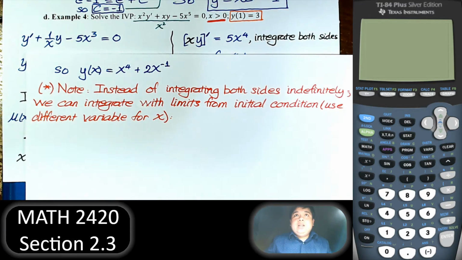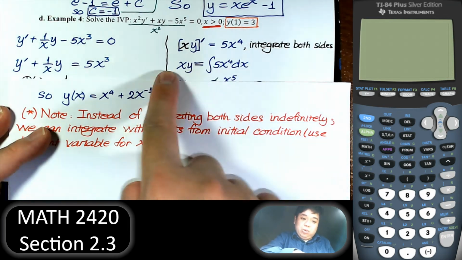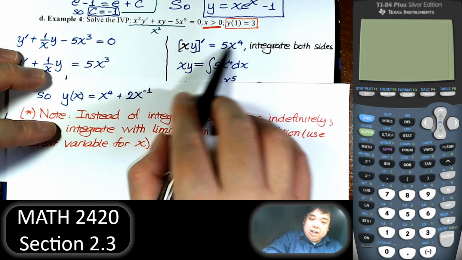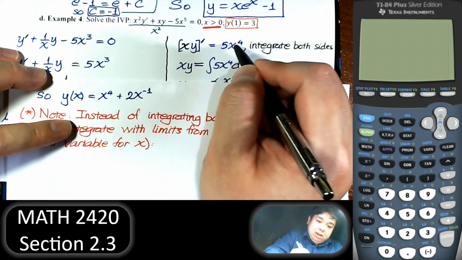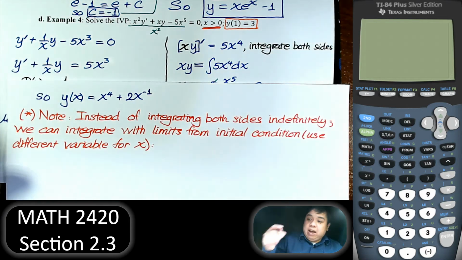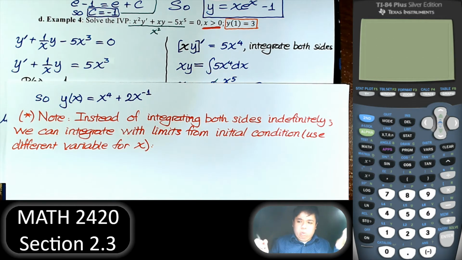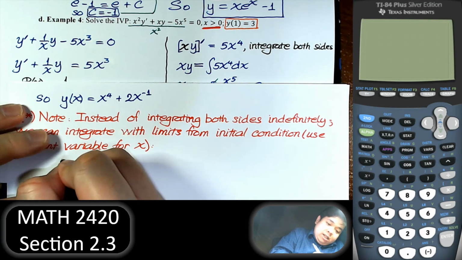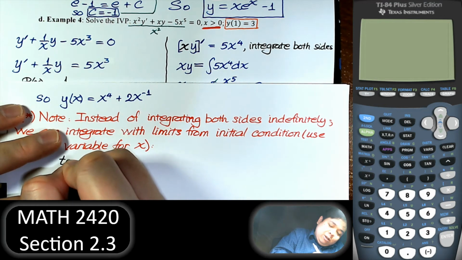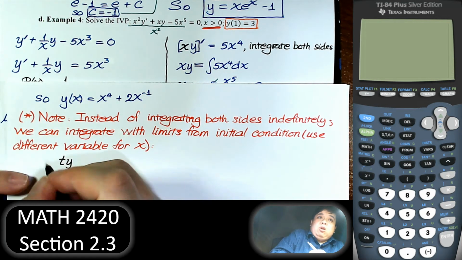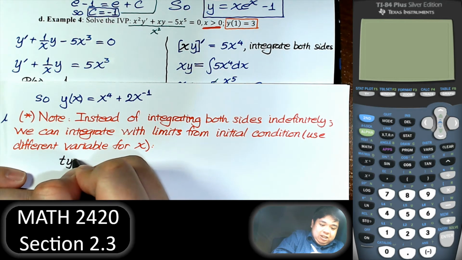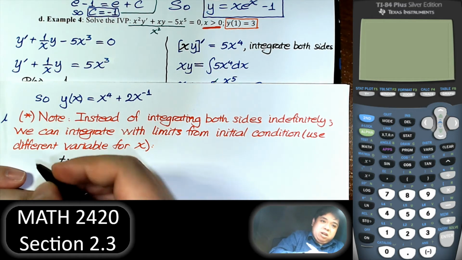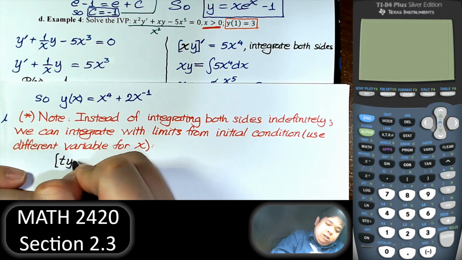So I will rewrite this step, but with t instead of x. Some other variable, u or whatever, it cannot be x. So I will say t, y, and of course the function of t, you can say y of t, but I just say t, y, with derivative